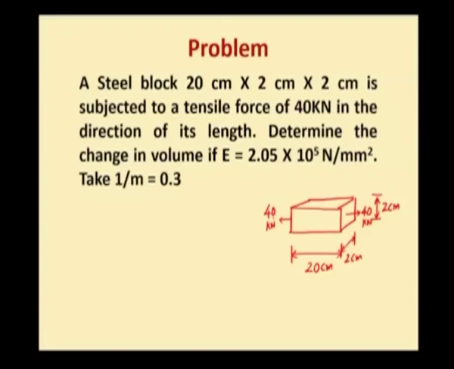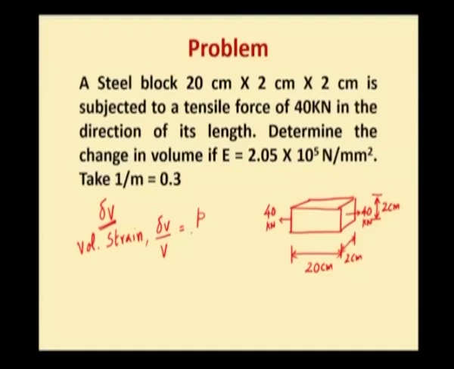You are asked to determine the change in volume. Change in volume is delta V. Now, delta V has to be found out. We know the expression for determining volumetric strain of an object subjected to force along one direction. Volumetric strain delta V by V will be